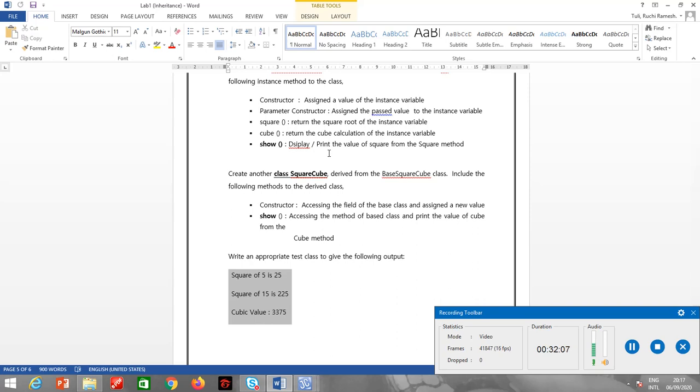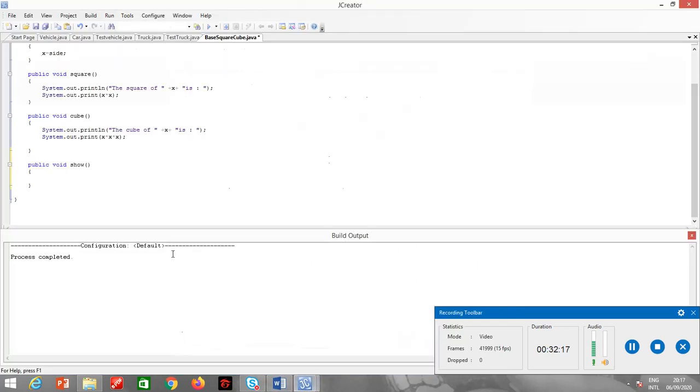It is saying display the value of square from square method. That means I must call the square method from the show method. So calling a method from the method. So I can write square. If you can recall the last class, if I write this dot square, this is used to call the method inside the current class also. I can write this way also, it's not wrong, right?